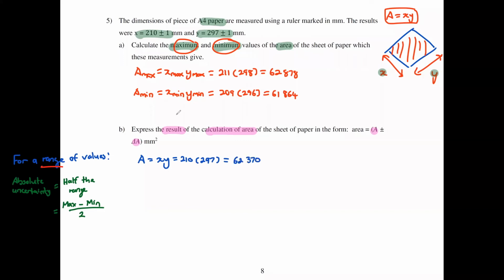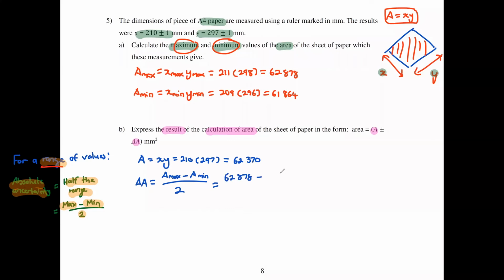When we have a range of values, the absolute uncertainty can also be taken as half the range, where we take the max value minus the min value divided by 2. So applying it in this case, our absolute uncertainty would actually be equals to the maximum area minus the minimum area divided by 2,